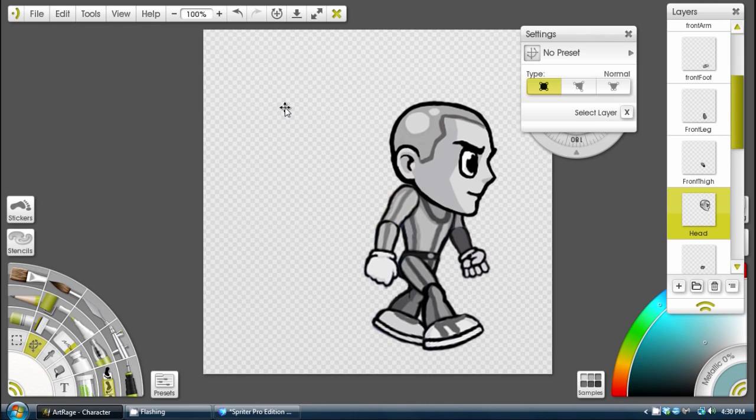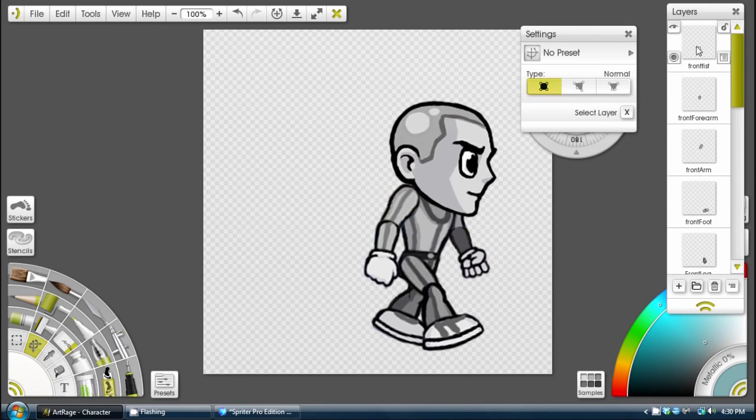And the first thing you're going to need to do is create the character itself in your graphic program of choice, and you have to create it in separate layers, each one being, as you can see here, a separate part of the body that's going to be moving, sort of anything that's going to have a separate joint, so to speak. So you can see we have the forearms separate from the upper arms, separate from the torso and